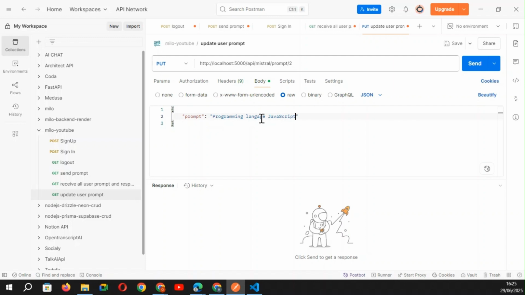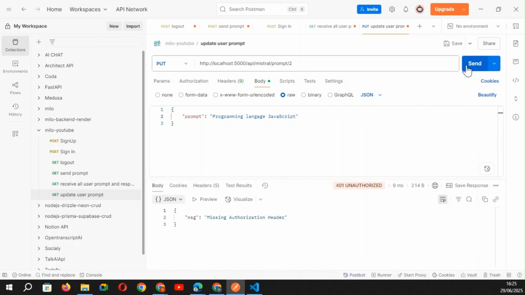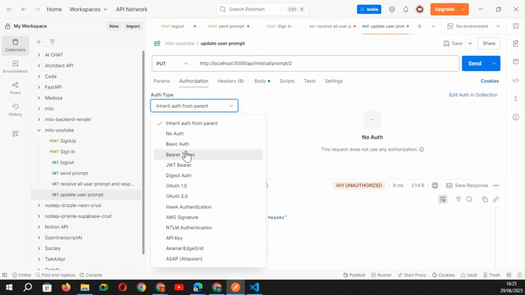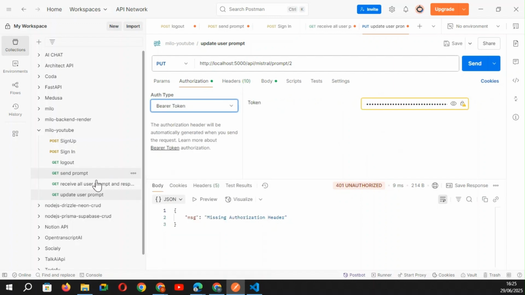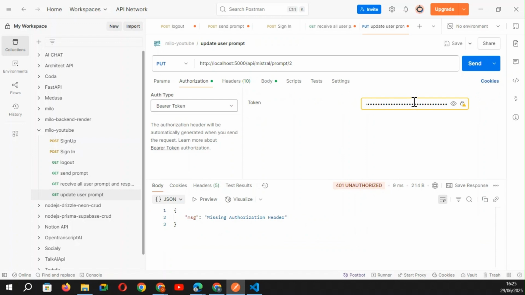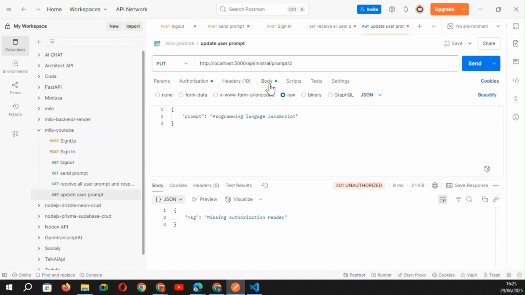And if I try to send, okay, missing authorization, we need to add a token. Sign in, I copy my token, and okay, so if I try,